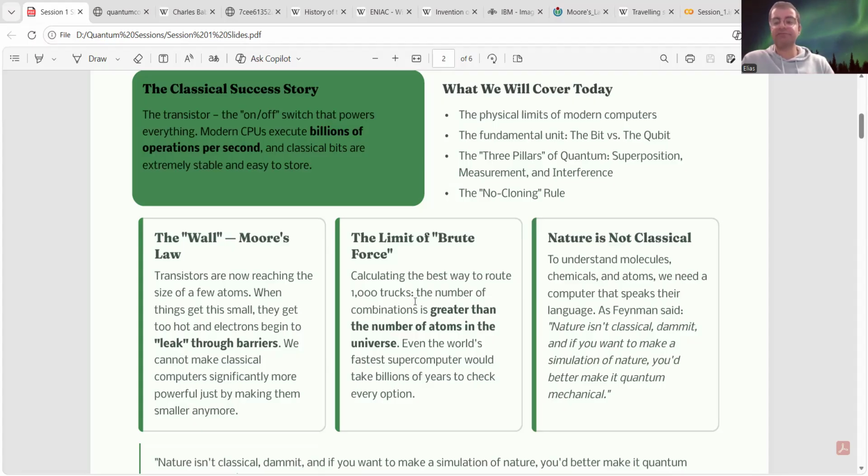Now, if you can save, let's say, 10% or 20% in time, that means 10% or 20% in fuel. And that creates a lot of opportunities for a greener environment. So we don't need to create a lot of air pollution, and also a lot of cost will be saved by the reduction in fuel. And this is just one example. There are many, many other problems that we can solve.